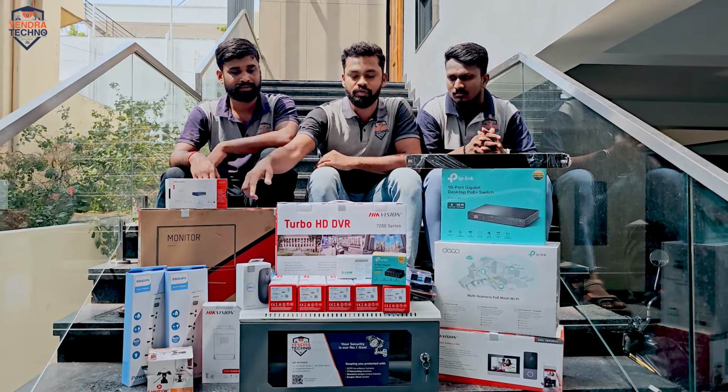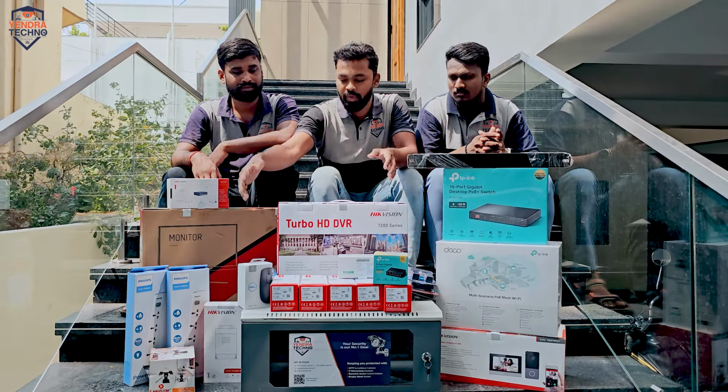All these camera systems should be coming under this particular rack. And in VDP, we are using IP-based video doorbell and then 1 number of screen. For Wi-Fi mesh, we are using TP Link 3-pack Deco system. So once after this installation finish, we will show you the